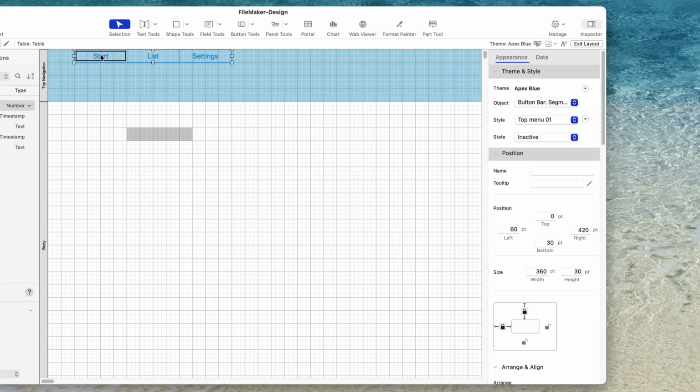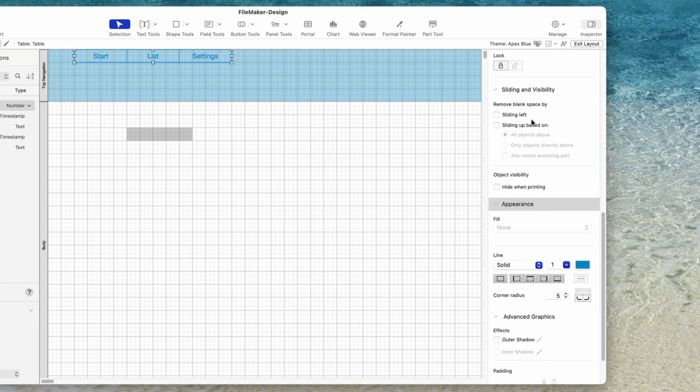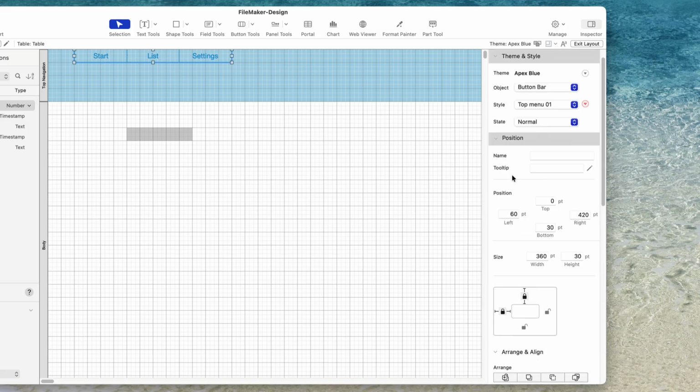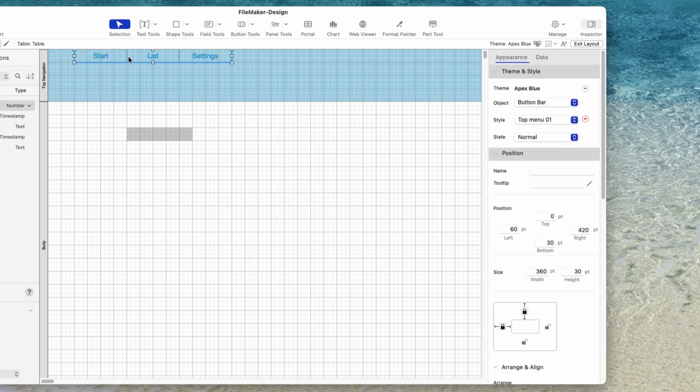So if I click here on a single element, I get the segment settings and I can define the segment settings. If I don't do that, I have the entire button bar and I get all the settings for the button bar. And I don't want, for example, the top line. So I want to get rid of that. And then there are dividers, of course, and the dividers are something I can as well click on.